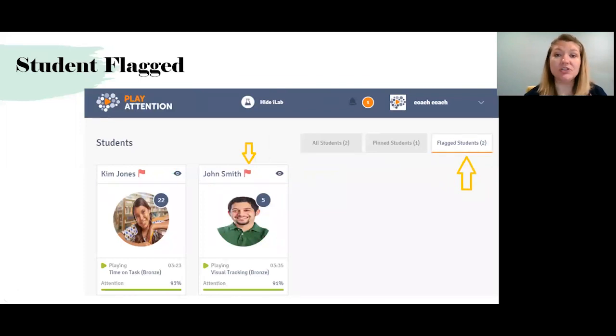So students flagged. So again, if there's something that is a little strange in the iLab as it's going in their training, that student's going to get flagged. And so that gives you the opportunity to take a look. Oh, why are they flagged? Is there something I need to look at? Obviously, if you're in a group environment and you're right there in their vicinity, you can walk over there, you can take a look. Maybe you have an assistant working with you, they can walk over there and take a look. But if you're remote, you have that opportunity to either make note of that or you can contact them actually while they're training. You're going to have that opportunity.